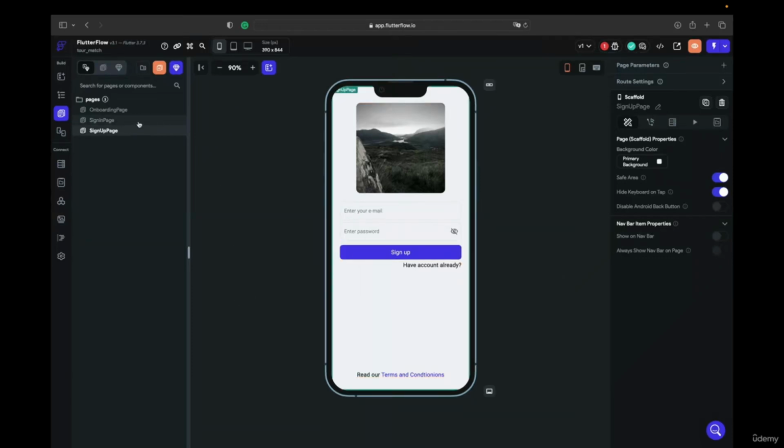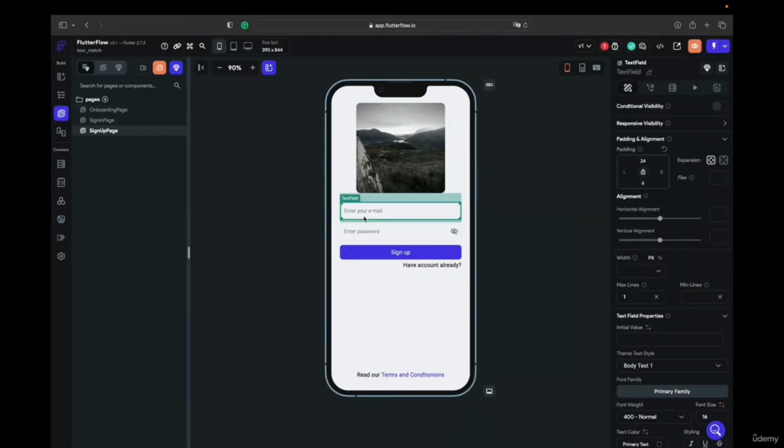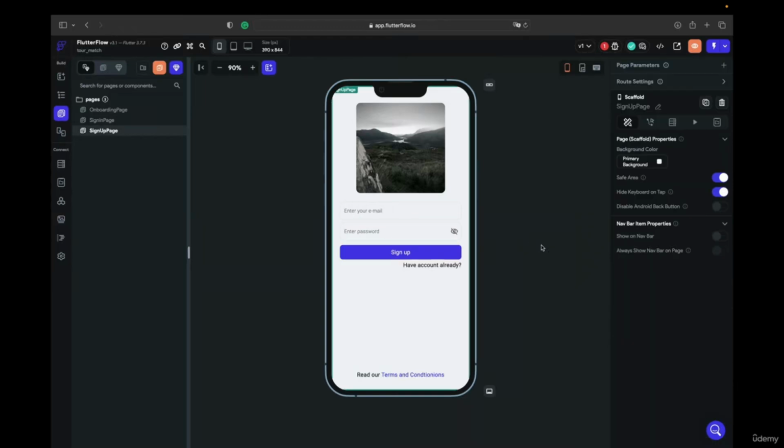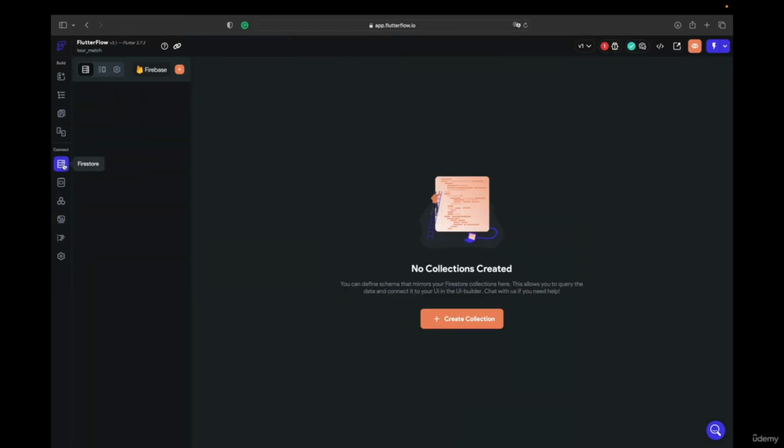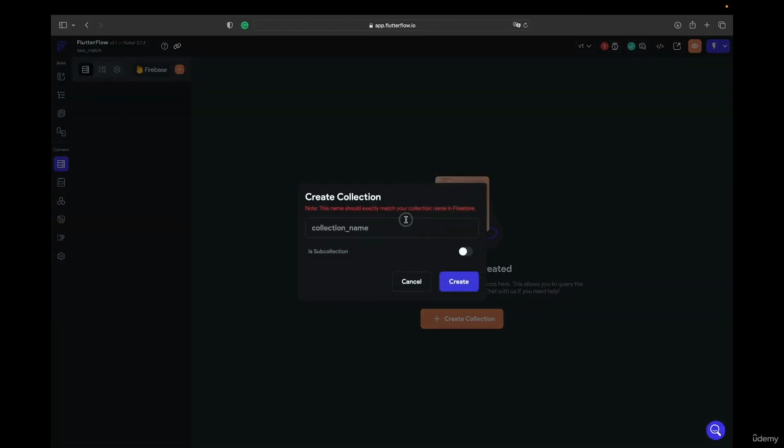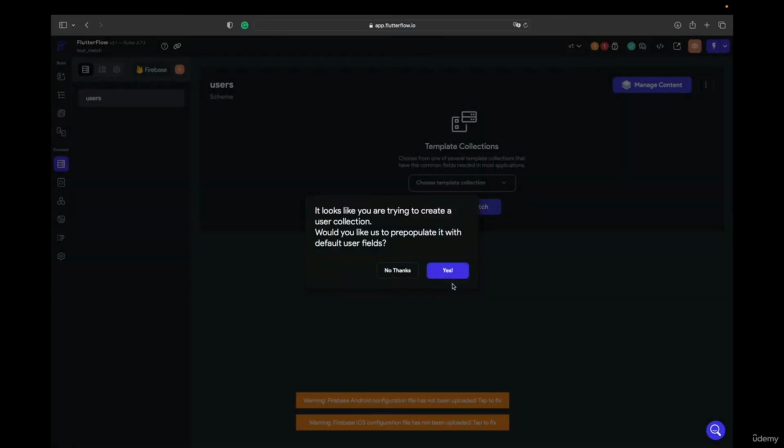So what's next from here? We can start building our logic, like simple logic, no problem. But before we start doing it, once you sign up, you see we have only email and password. If we go to the Firestore and create collection, let's call it users. Once you call your collection users or user, it's gonna ask you to create